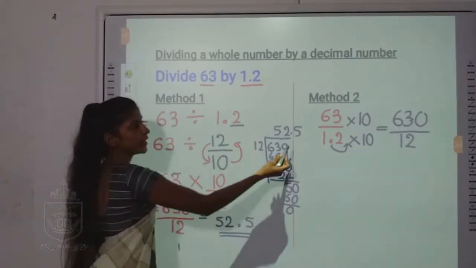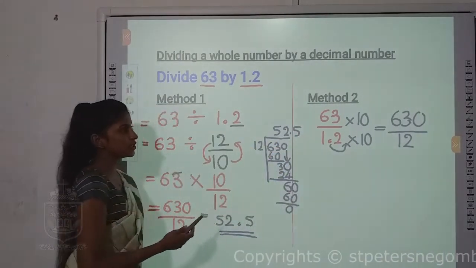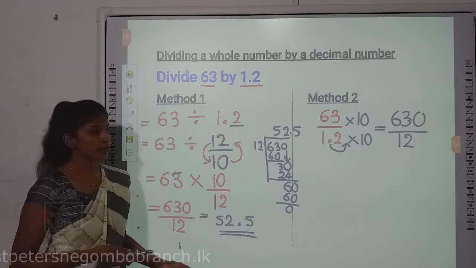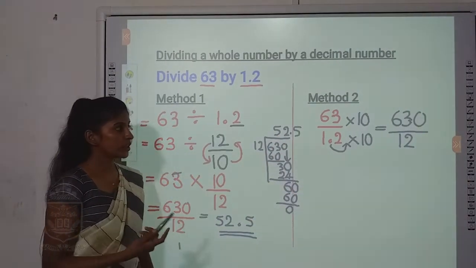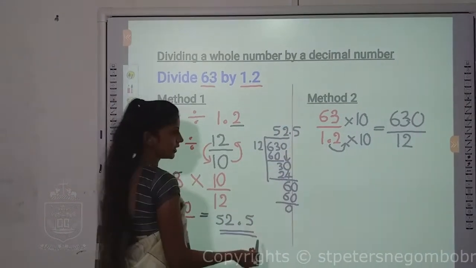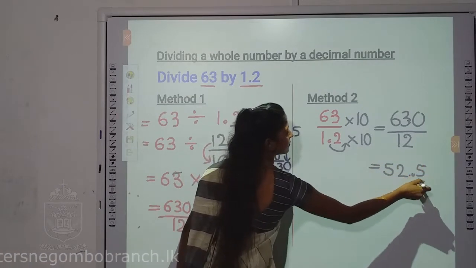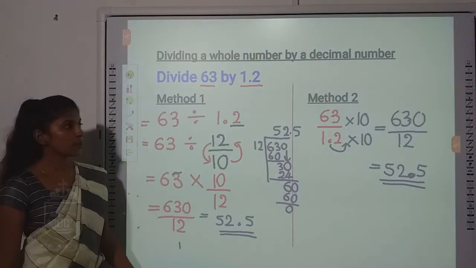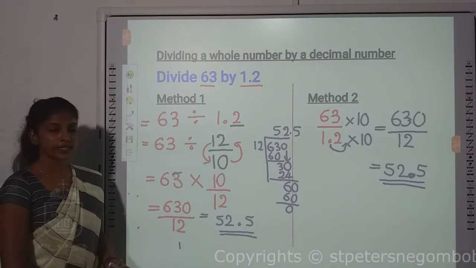Now, you can see the same division is here. You will get the same division. But see, here you have to do some more steps than in the other method. I hope this method will be easy, but you all can decide the method. Here I am not going to perform the division again since the answer is the same. You divide and you will get 52.5 as the answer. So this is the method in which we can divide a whole number by a decimal number.